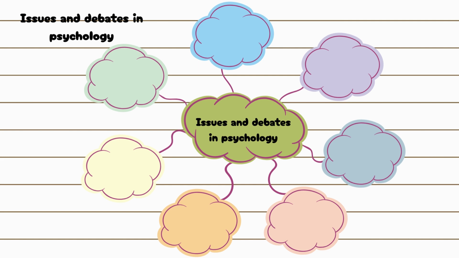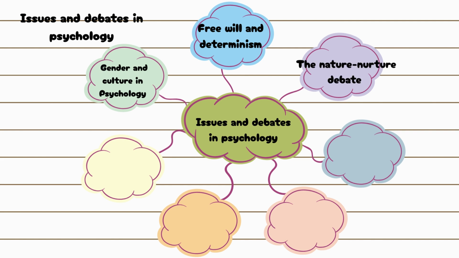The issues and debates in psychology. You will need to know about gender and culture in psychology, universality and bias, gender bias, including Eurocentrism and alpha and beta bias, cultural bias, including ethnocentrism and cultural relativism, free will and determinism, hard determinism and soft determinism, biological,